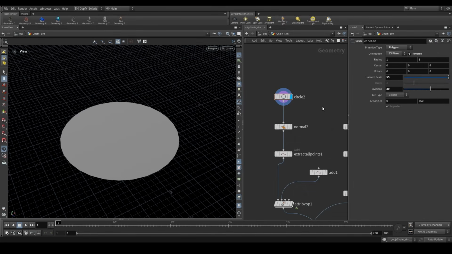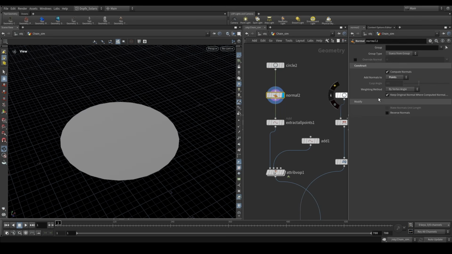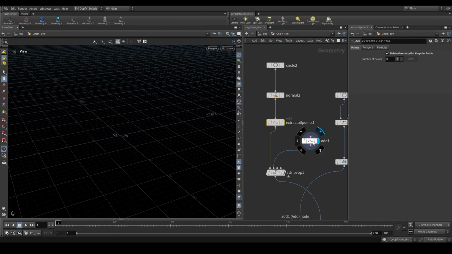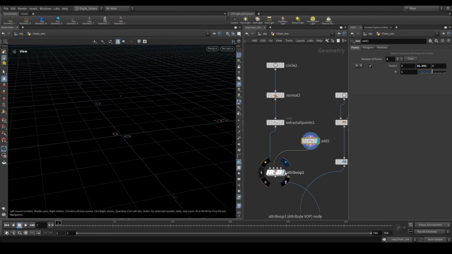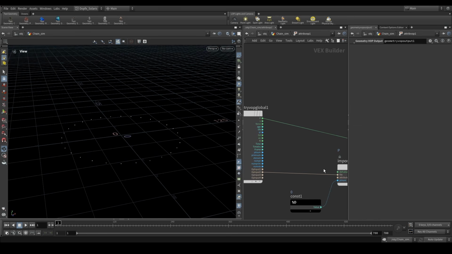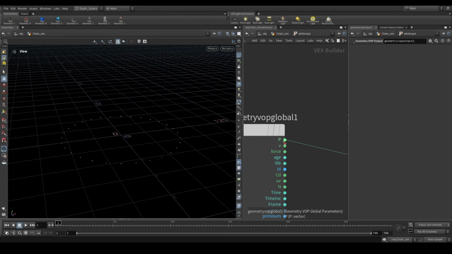Let's see how I created this infinite chain launching setup. I made a closed polygon circle, gave some point normals, and extracted the points so we can copy our chain to these points. Then I added a point in the center, and in the attribute wrangle I imported our point and took the position